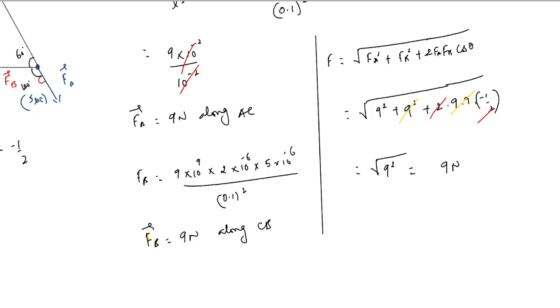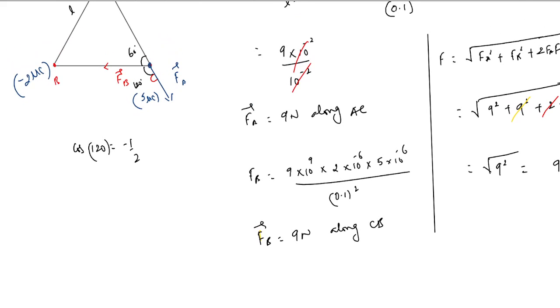This is the magnitude. Direction of this. In this case, these two forces are of same value. Hence, the resultant would be at center of the two forces. So, the resultant, which is F, would be center like this. Because these two have same value, resultant would be at center of it. So the angle which F makes would be 60 degrees with Fb or 60 with Fa. That's the answer.